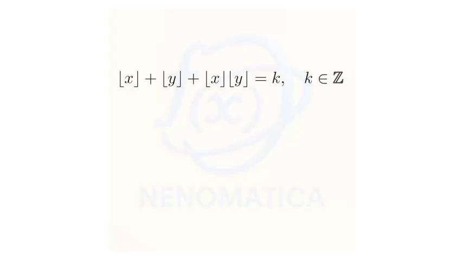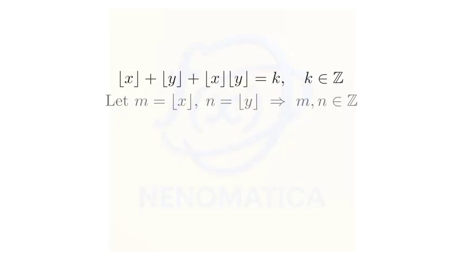We are given the equation: floor of x plus floor of y plus the product of floor of x and floor of y equals k, where k is an integer. We will denote floor of x by ⌊x⌋ and floor of y by ⌊y⌋, and we will derive a formula for the integer floors first, then translate them back to intervals for